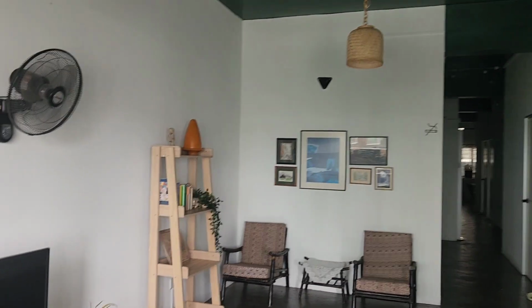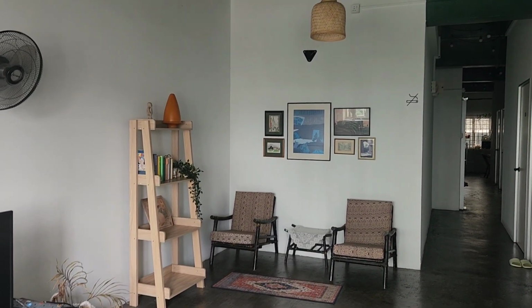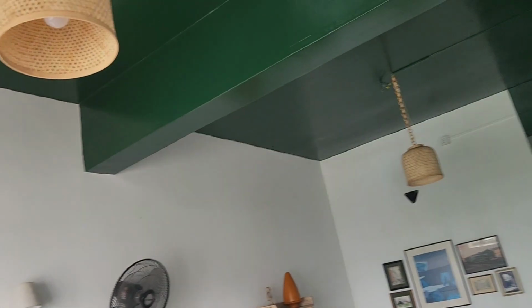Here's the rest of the decor here. I think that little corner is really cute, actually. Beautiful setup. You can look at the lamps. Those are cute. At the moment, the outlet behind the TV is not working, so no one has been in